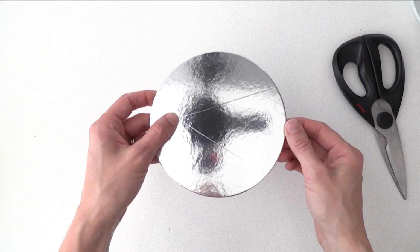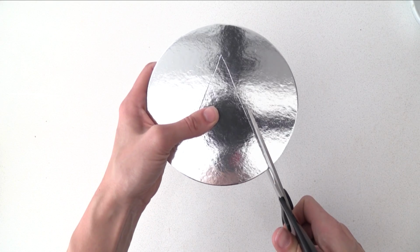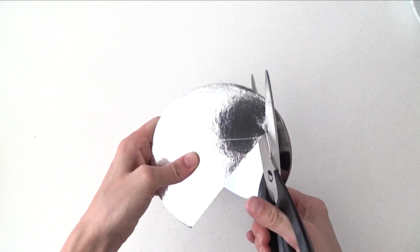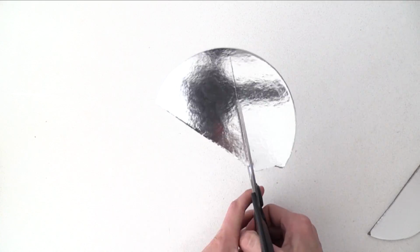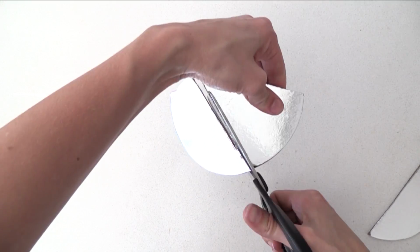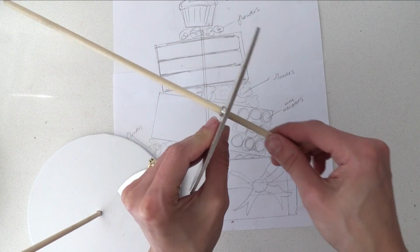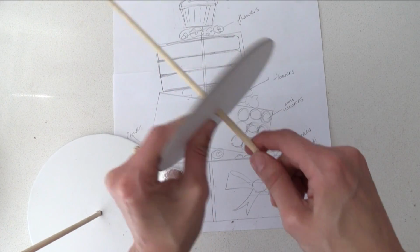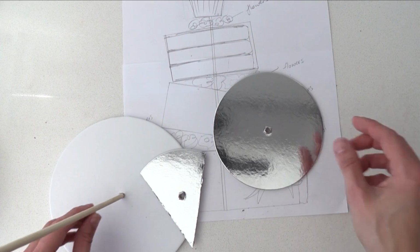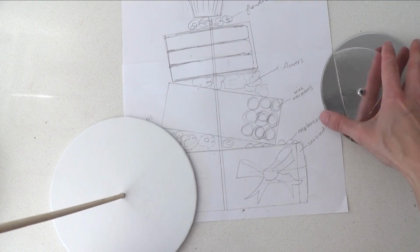We also need a support for the piece of cake, so you need to cut one of those from a 6-inch round cake board. Just measure 12 centimetres in from the edge and then draw 2 straight lines so you can make the slice as fat or as skinny as you like. And you'll also need to drill a hole in the centre of that one too. Make sure your bamboo stick can go through the holes because we're going to be putting the cake onto those second 2 cake boards and then putting the cake onto the bamboo spike. So if they don't fit, it's going to be a little difficult to get it on once you've got the